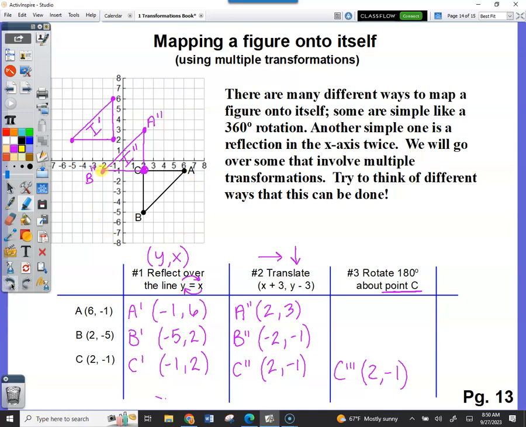A. Because remember, was it yesterday or the day before on that flip book when we drew a line and we said